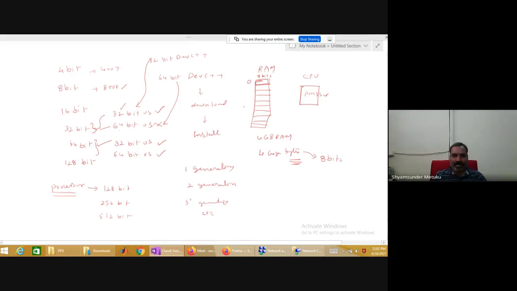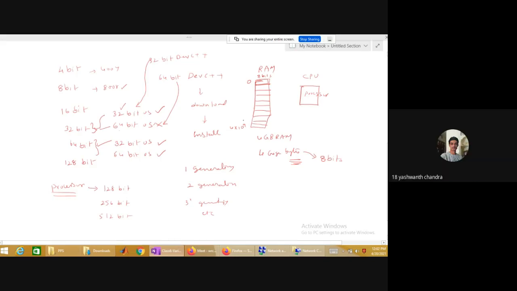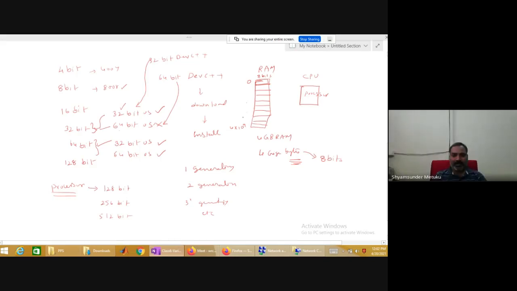If it starts at the 0th location, the last location must be about 4 into 10 power 9. Is it not? Yes or no? I'm unable to represent that many locations, but I'm trying to make it very simple.